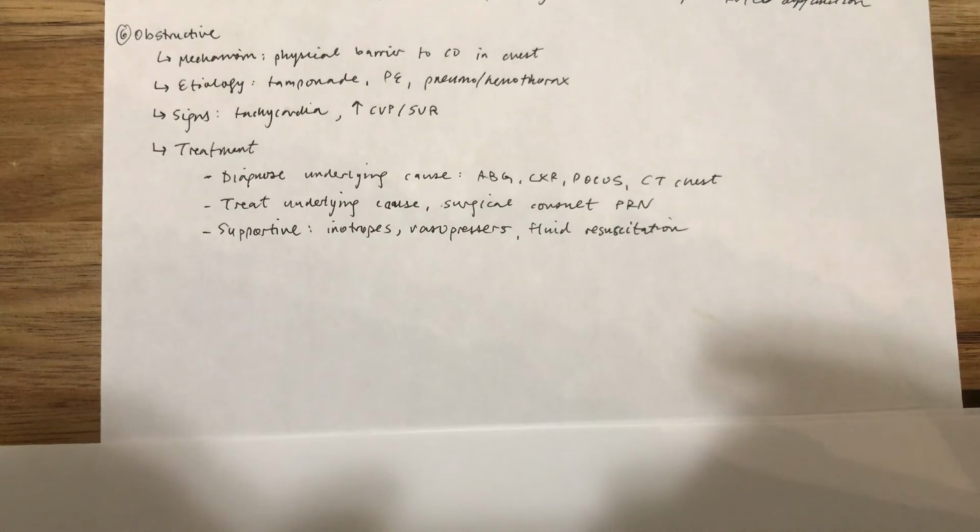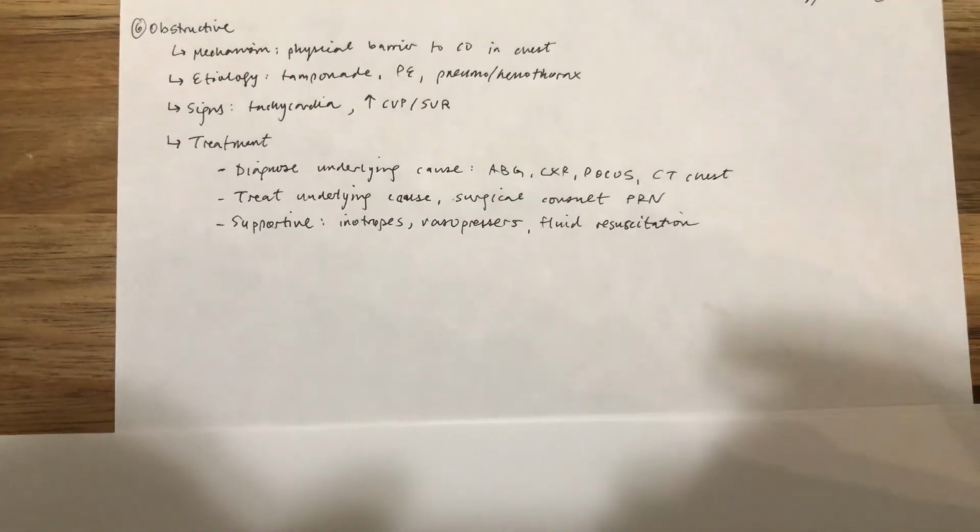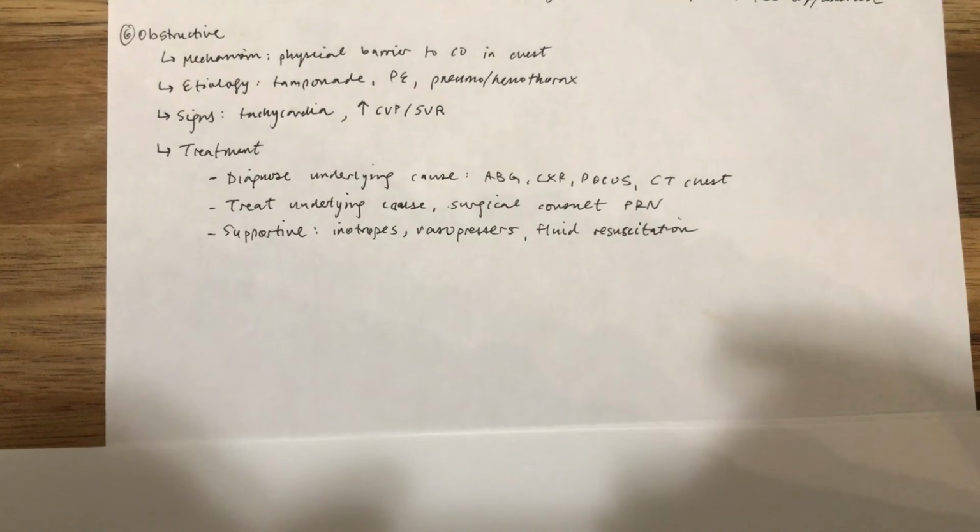A lot of the time, if you need to give TPA, you're calling a pulmonologist, like a PE team. If you need to put in chest tubes and can't do it yourself, you're going to be calling the surgeons to help you. If you need to drain a pericardial effusion, you can do it yourself, or you can call the cardiologist to help you. And while you're figuring all this out, inotropes, vasopressors, and fluid resuscitation are going to help temporize the situation. So I think the key in this entire talk is to